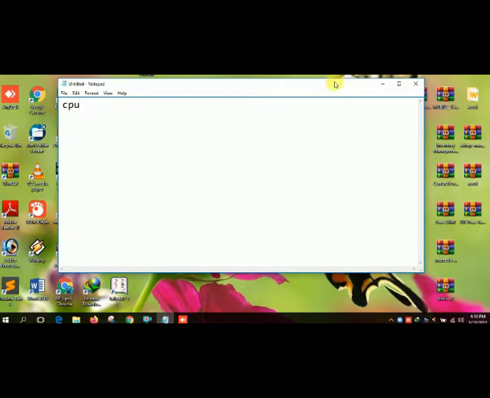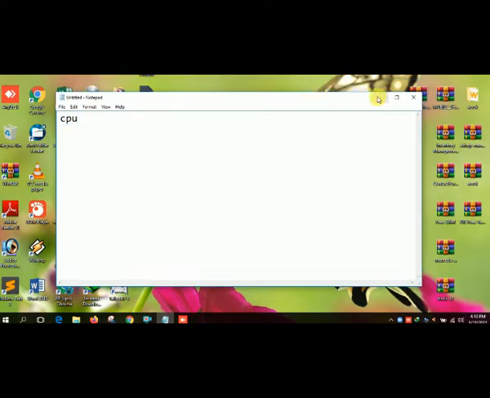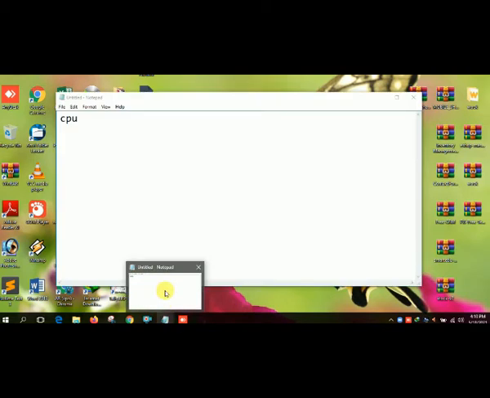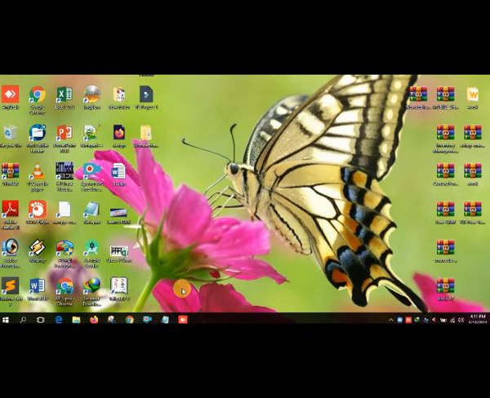Type any name. Now I want to minimize my notepad. So minimize it. You can see my notepad is running in the background. So it's called task view.